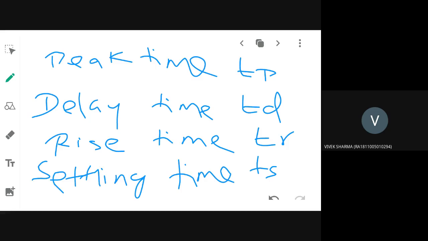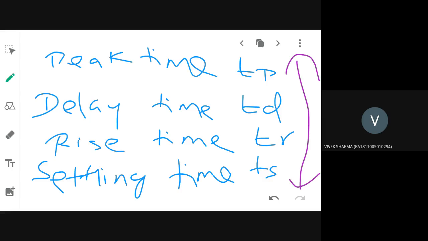This is a very important 2 mark question which you can answer if you remember. So these are all the time domain specifications. Similarly, you have a set of frequency domain specifications also, that we will discuss in the next unit. But you make a note of this one. Make a note in your paper and pen, and you have to tell me what the various time domain specifications are.